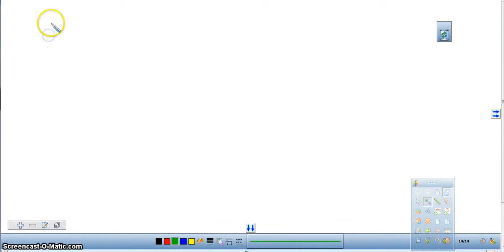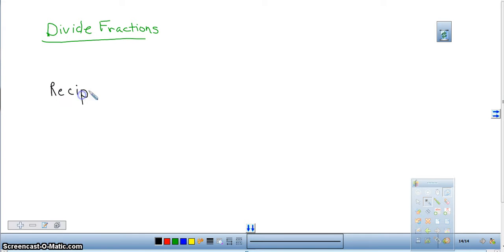Okay, today what we're going to talk about is how to divide fractions. So make sure you write this down, divide fractions. And when we divide fractions, before we can divide, we have to talk about something called the reciprocal,